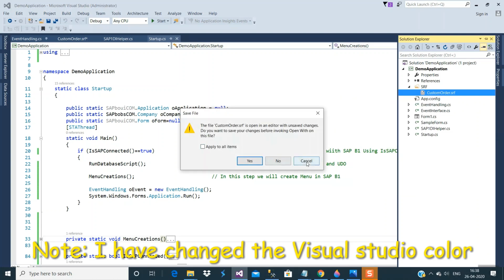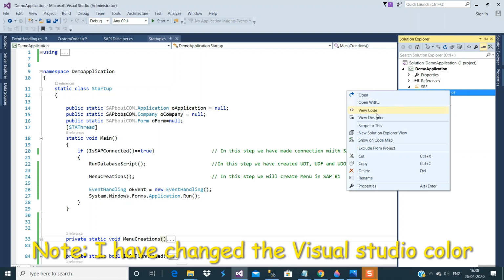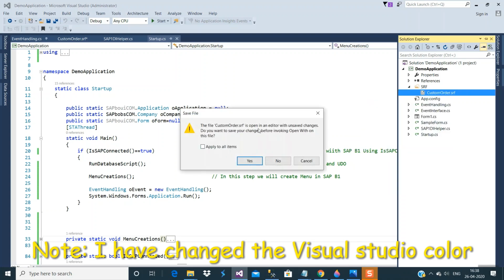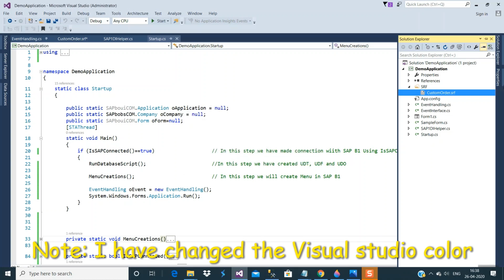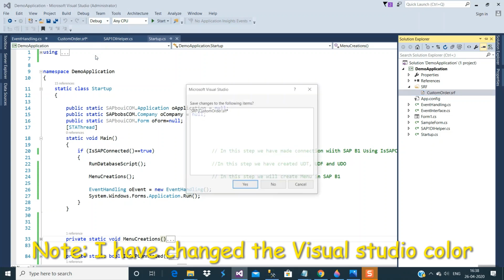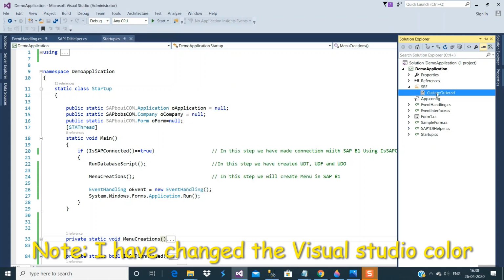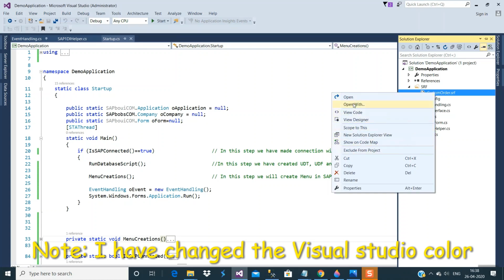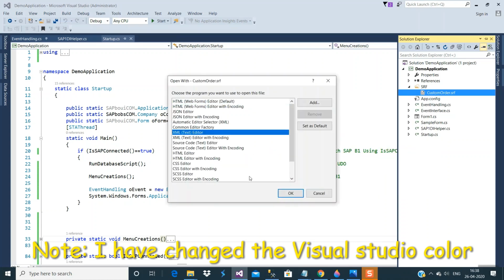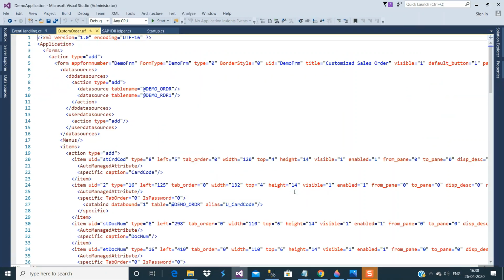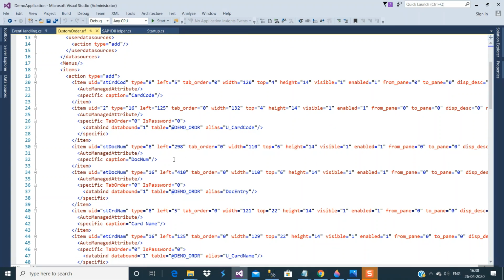Open with XML editor. It is already opened. Let me close it and open once again so that you can see how to open. Open with the XML text editor, and you can see.